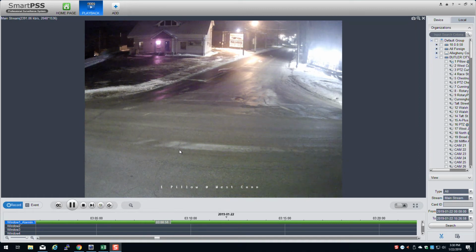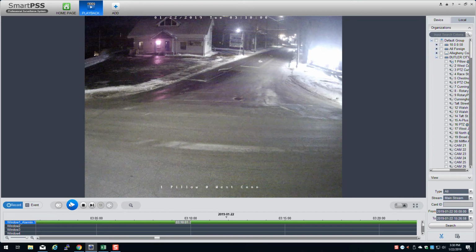However, you need to be aware that the video size can be very large, and you need to make sure you have enough hard drive space for this archive. To begin the archive process, you want to choose the beginning of the video. So I'm going to choose 3:10 on this playback. I'm going to just left click on the green timeline, choose